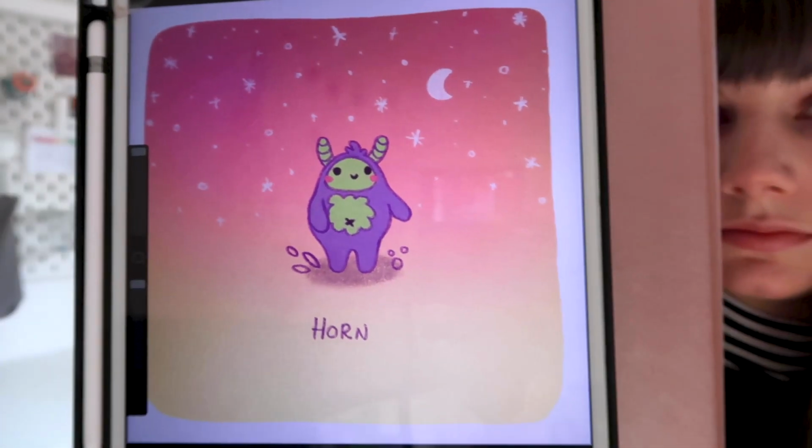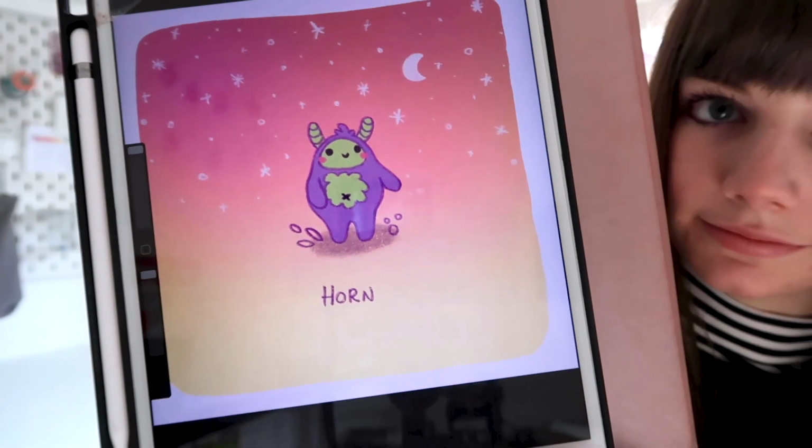Good morning. So today I am doing a few things, but I want to start out by doing a little painting as a warm-up. Last night I drew this little cute Yeti monster thing as part of #peachtober. So I want to just do a little TikTok of me painting him, so I have something to post on TikTok today. And then after that I am going to be working on my children's book,